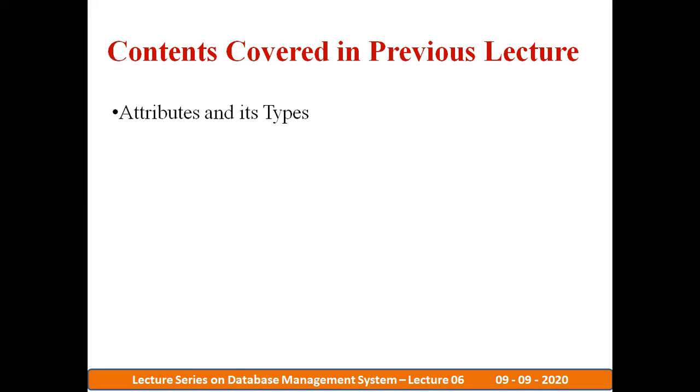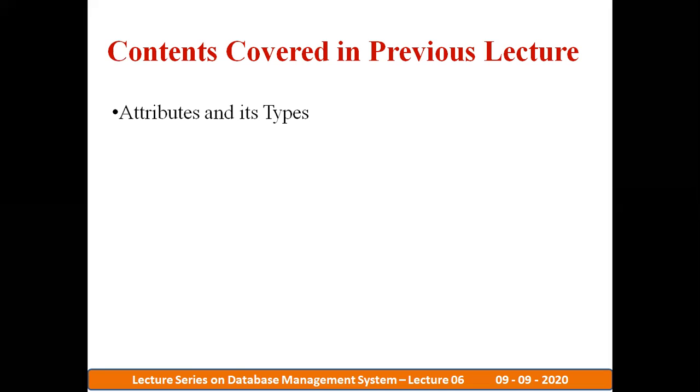Then the sixth type of attribute we have discussed is the stored attribute. In the case of deriving the derived attribute, we are storing some value in the database. Here in this case, we are storing the date of birth. The date of birth, we call it a stored attribute. The seventh attribute we have discussed is the key attribute. The key attribute uniquely identifies each row in the table. The key attribute is represented by the oval shape with the underline.